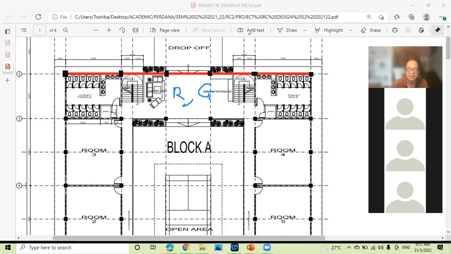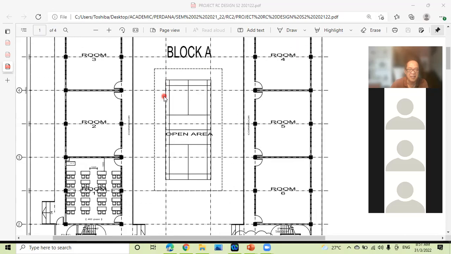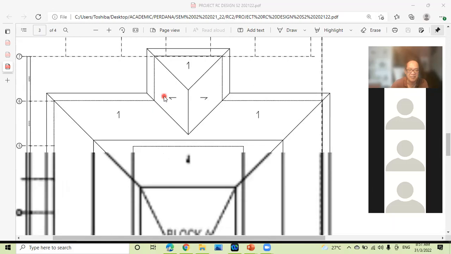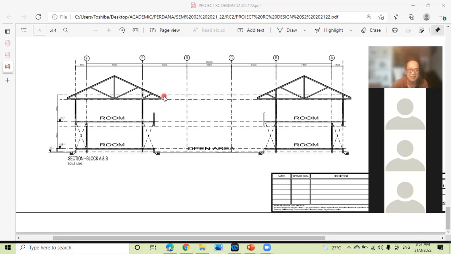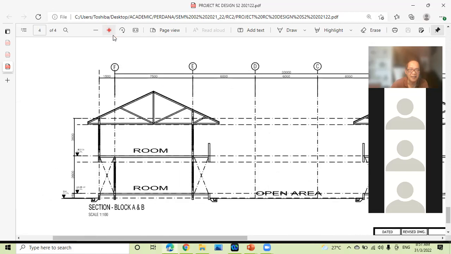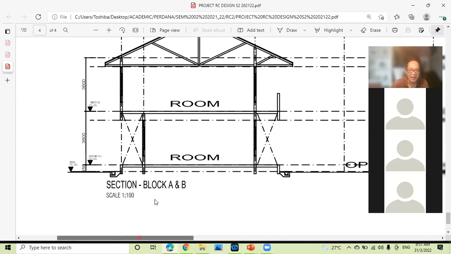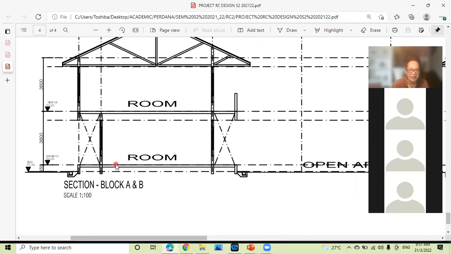Apart from the information yang we've been discussing, satu lagi, if we take a look at the cross section of the building, which is indicated di sini. This is the cross section of the building. Okay, a typical cross section is shown here di sini, and a typical cross section indicates that if we look properly,